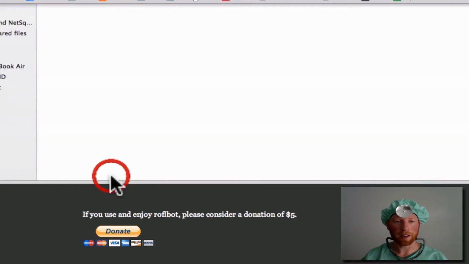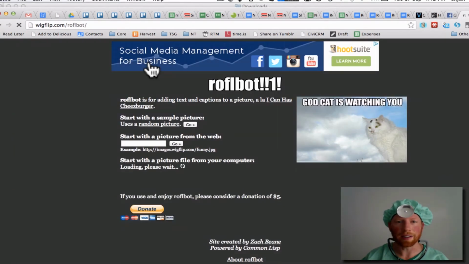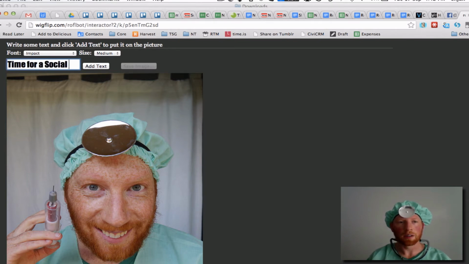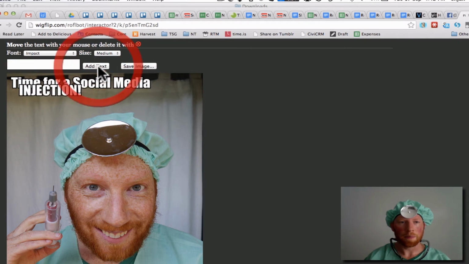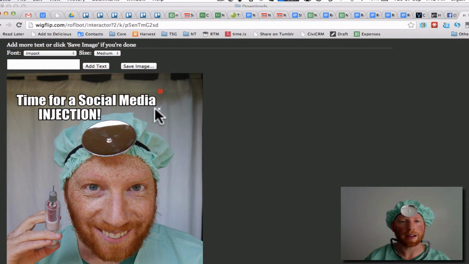So we're going to go pick ourselves a file. So I've got one pre-selected. Boom. We have an image. Now we just need to add some text. Bang. You'll see those pieces of text have just shown up, and I can just drag them around, resize them,